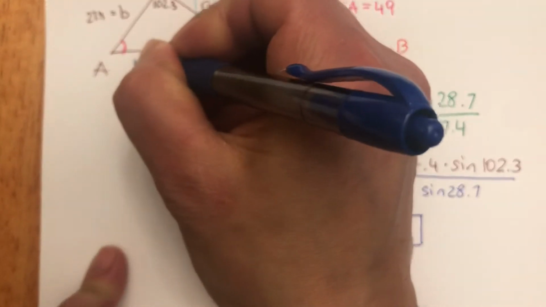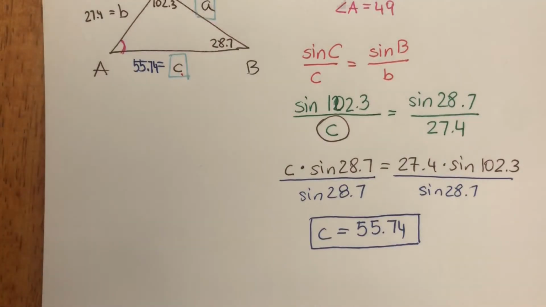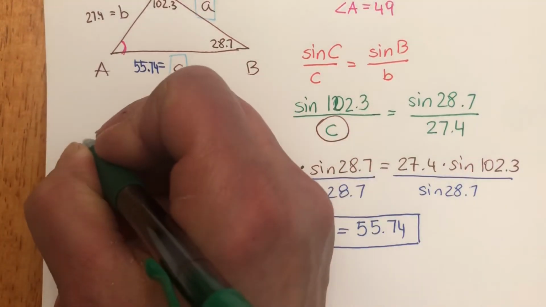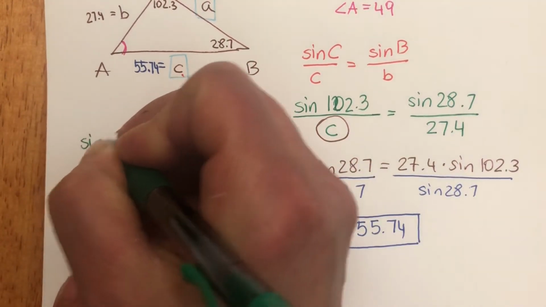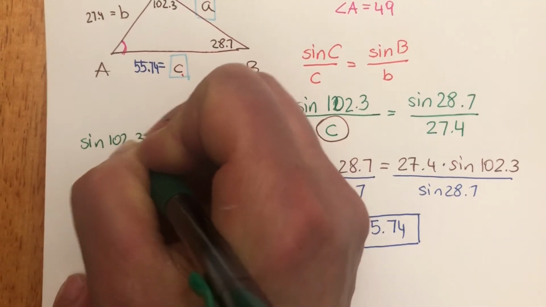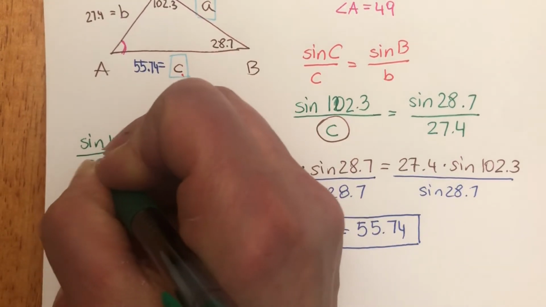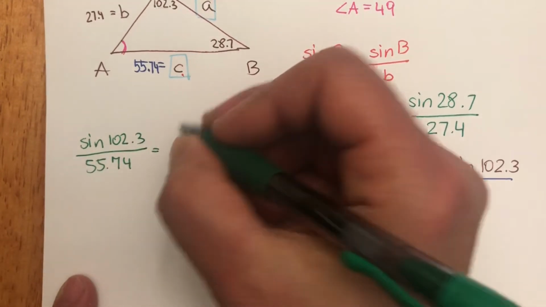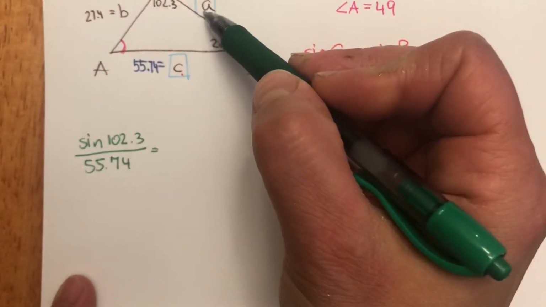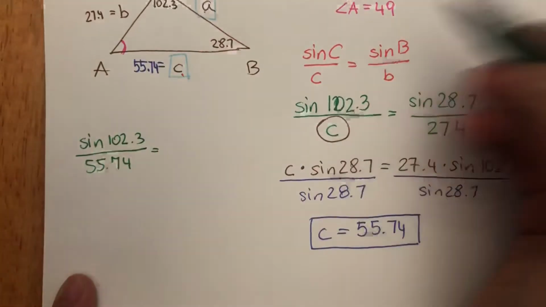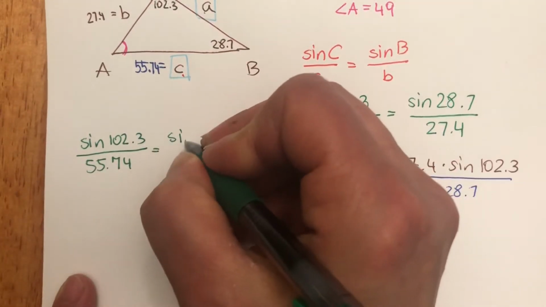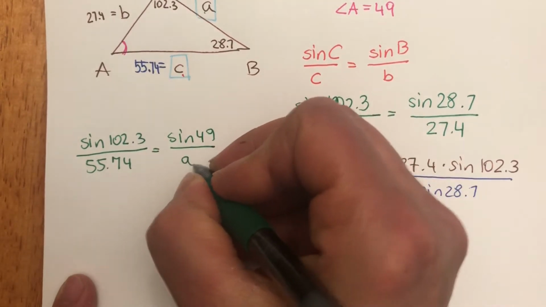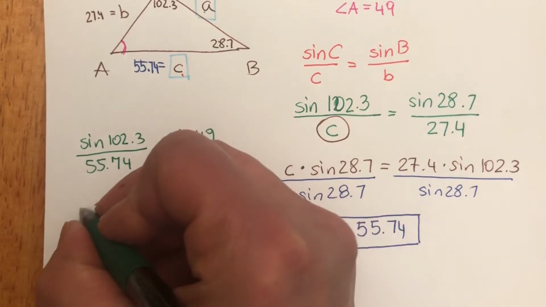55.74. And now I'm going to use the laws of sines, and I am going to say, for example, sine of 102.3 divided by 55.74 is equivalent to, now I need to find this one, so I will use angle A, which we already found, sine of 49 divided by A, cross multiplication,